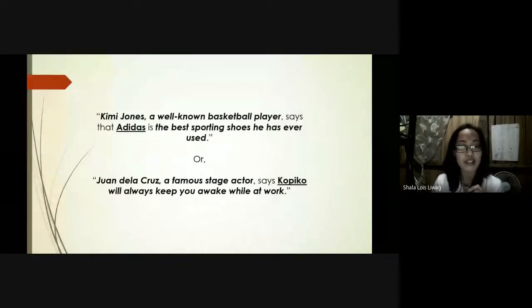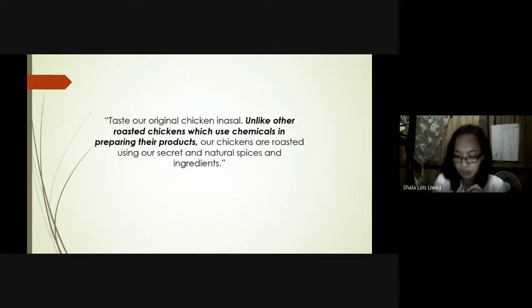Next, name calling. It is a device that persuades you to avail the product or service because of the negative image it creates against another product or service. This propaganda uses advertisement war with other products in the market. An example of this is, taste our original chicken inasal. Unlike other roasted chickens, which use chemicals in preparing their products, our chickens are roasted using our secret and natural